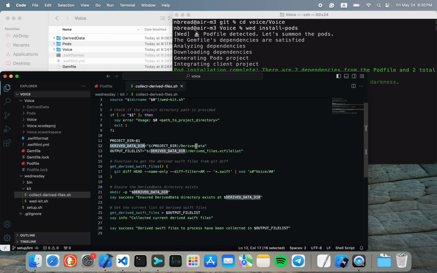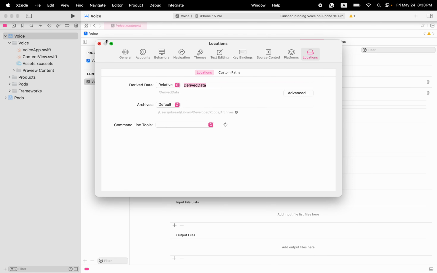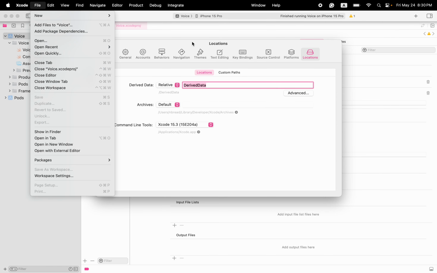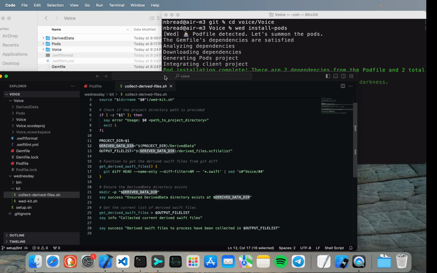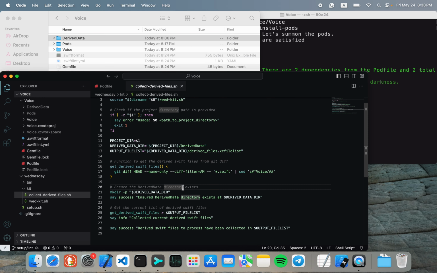Then we calculate or set the path to derived data. And what I've done in Xcode is actually, you go to Xcode preferences, then settings, location, derived data, relative, boom, derived data. And it will be available here. So if you go to your project folder, you'll see this derived data here. Then you need to provide an output from this build phase. And that's actually an interesting part